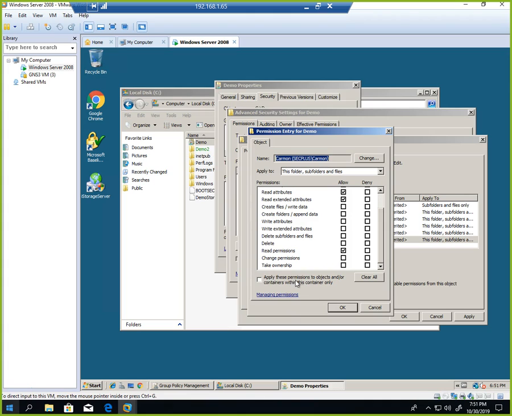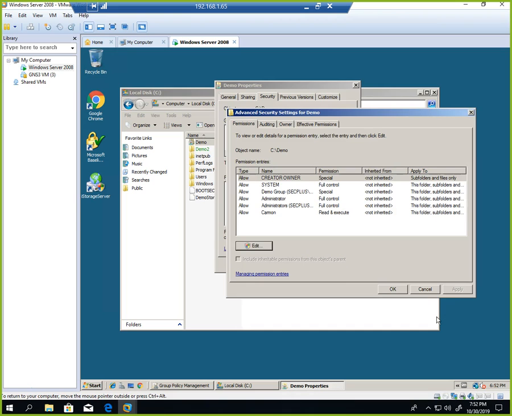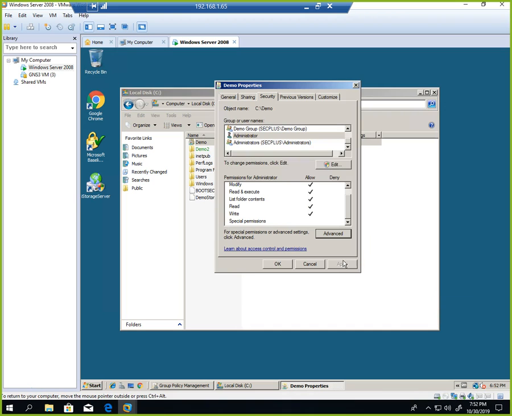But anyhow, we can apply these permissions to the objects and/or containers within this container only, which says that we'll apply those permissions to any of the subfolders that are available to it when we do those things. So we have the access control entries, which are the individuals and the permissions that they get for this folder. If I want to change these things,